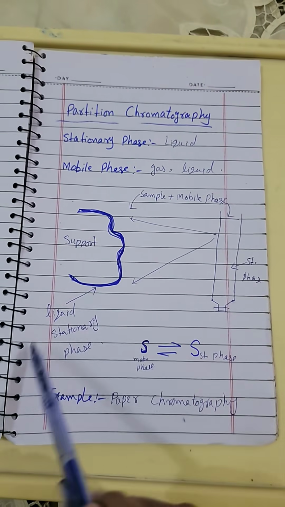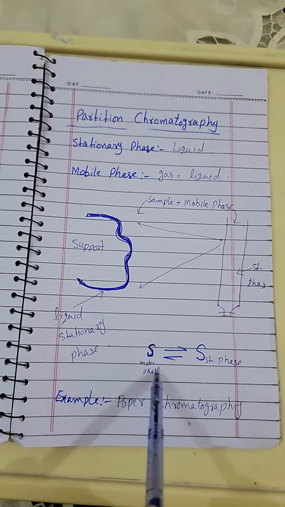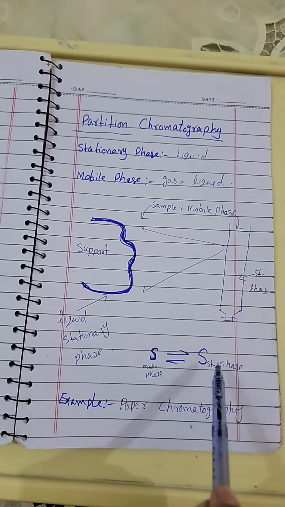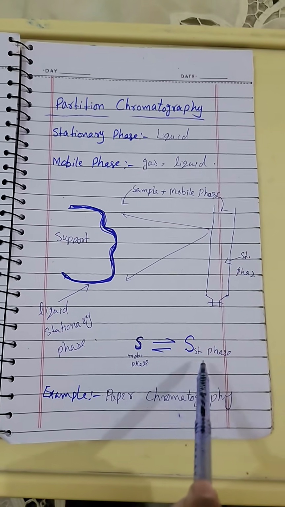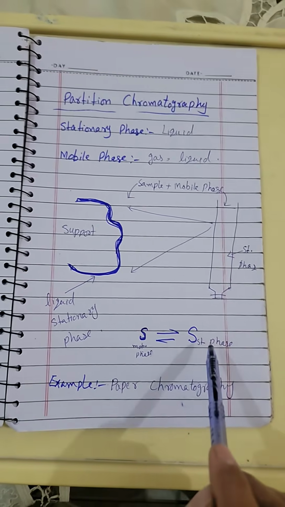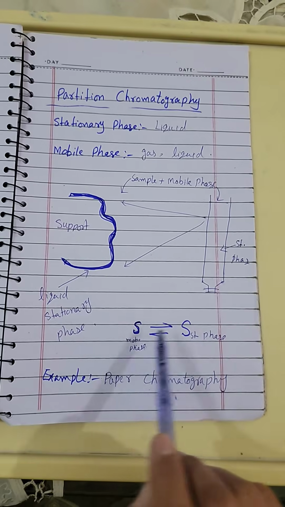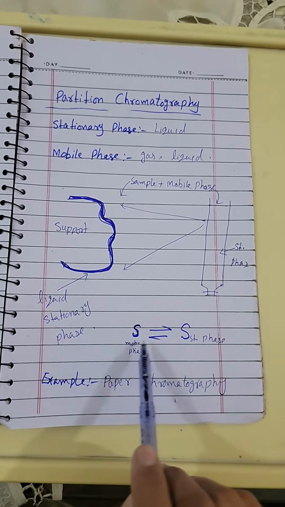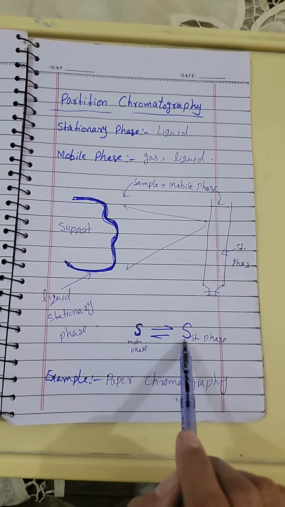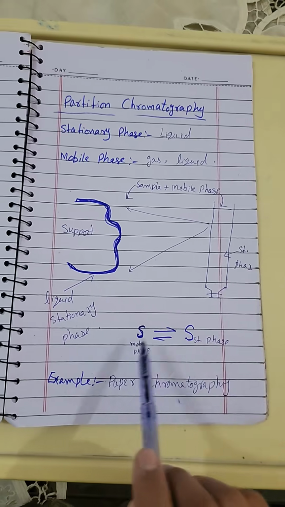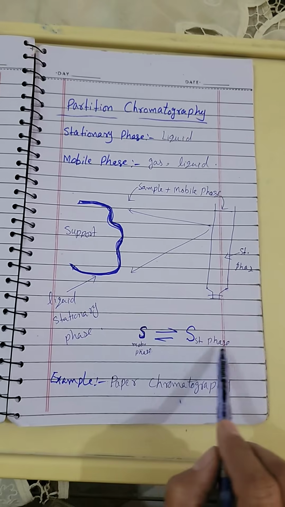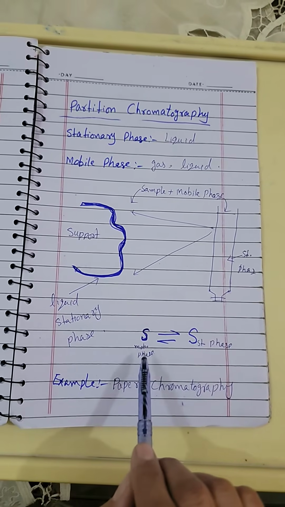This shows the liquid stationary phase. Now the sample is present in the mobile phase. When it enters the column, some sample is transferred to the stationary phase on the basis of interaction. If the sample has more solubility, more interaction with the liquid stationary phase, then some amount is transferred to the stationary phase. Some amount still remains in the mobile phase. So there will be a partitioning of the sample between the stationary phase and the mobile phase. Okay? The sample is showing partitioning between the liquid stationary phase and the liquid mobile phase.